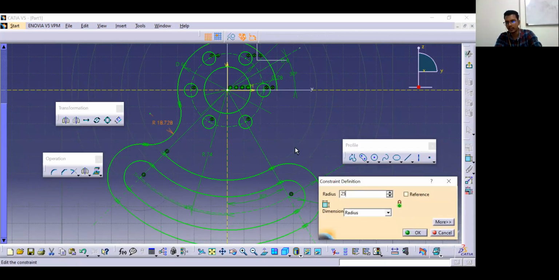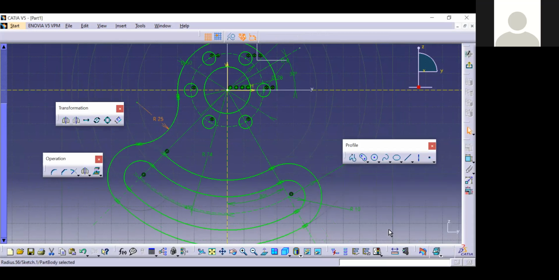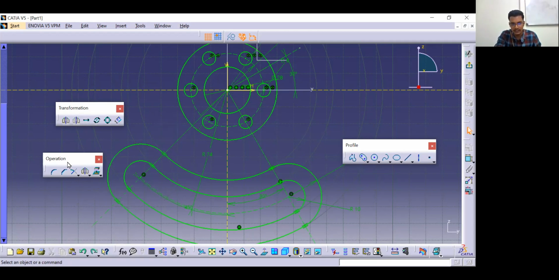It is 25. So now you can notice one thing. If any changes happened there, the inside part got trimmed, sir. So the circles have become trimmed, right? So to avoid those trimming, what you have to do is, whenever you select this operation,